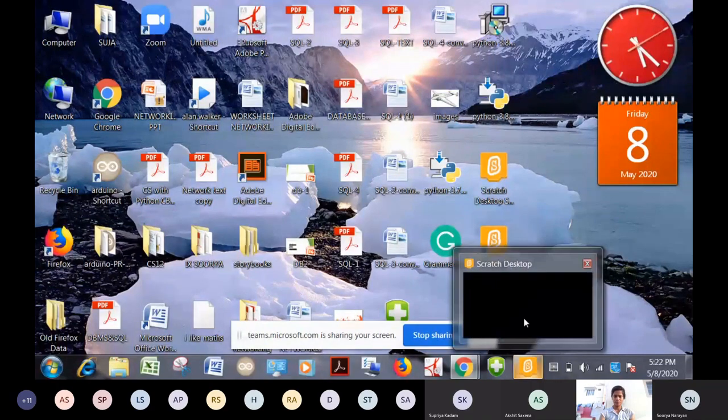So this is what it looks like when I open the Scratch desktop. Completely blank. Excuse me, ma'am. It's loading. Please wait.